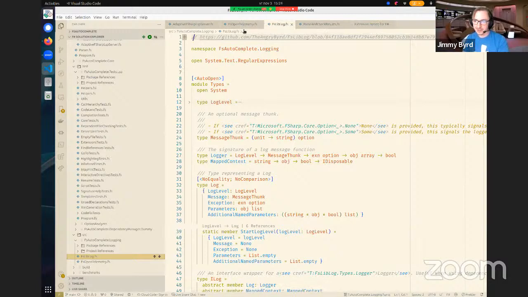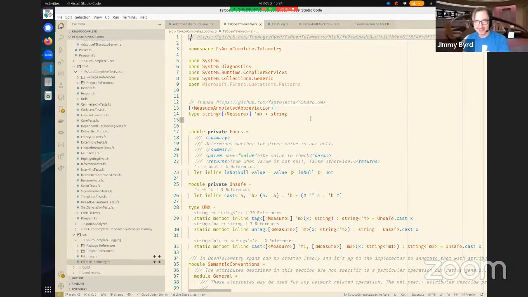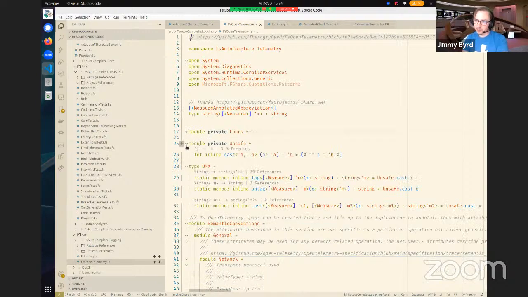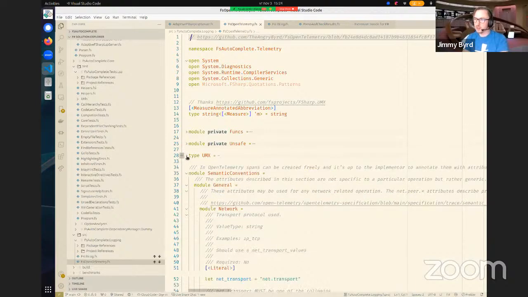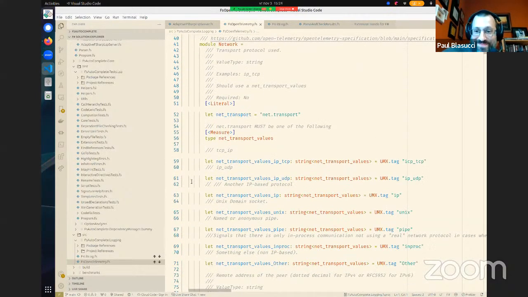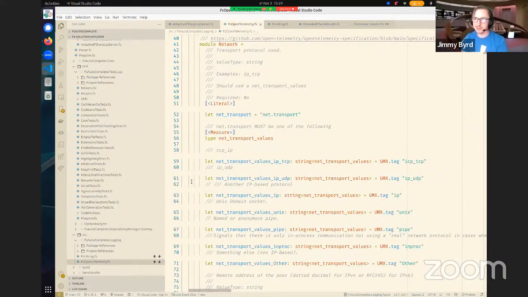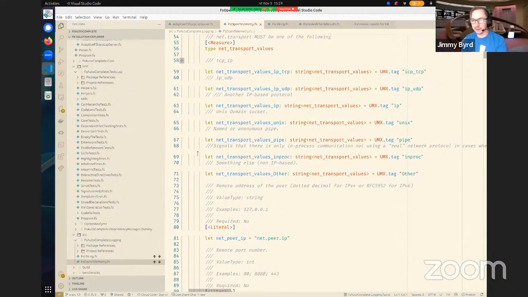And logging, then similarly, you do something similar for FS OpenTelemetry. Yeah, very similar. There is kind of this need for an F# wrapper for OpenTelemetry. The OpenTelemetry implementation in .NET is strange. It's not what the rest of the world does, because it was there before OTel. I don't know, they made the right call for them, but